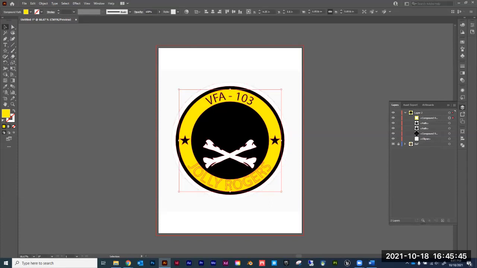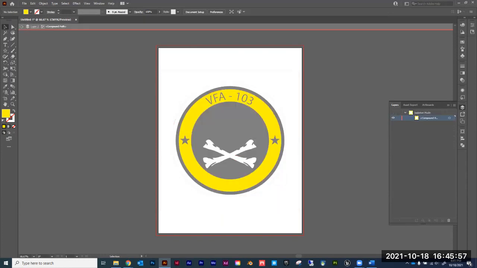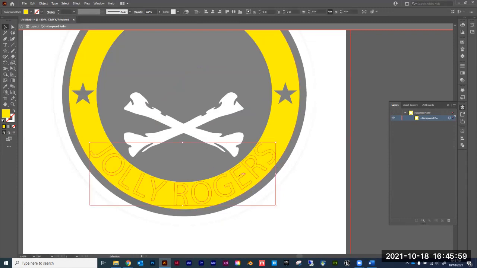If you're getting some weirdness like this, you can always go inside of the compound path by double clicking. And that'll just lock us into that specific area. And as you can see, we have this text here. We can delete the text if we wanted to, but we want to keep the shape that's on the inside. So we can just do that shape builder tool again. So click on that shape builder, and then you can just hold Alt and remove all of the text like so,